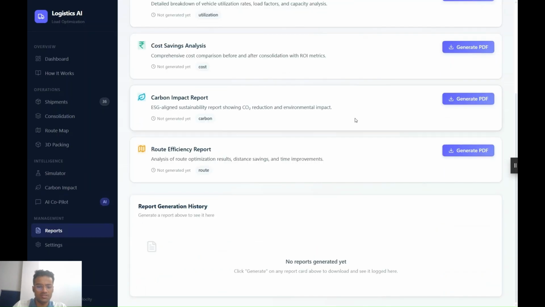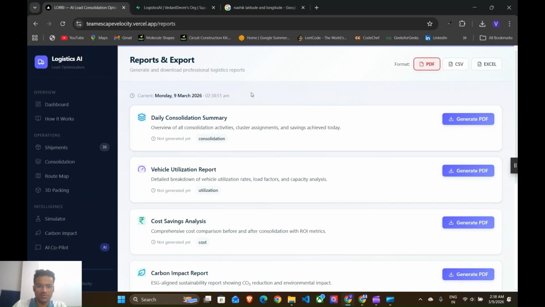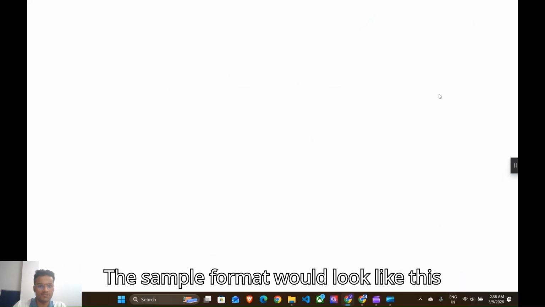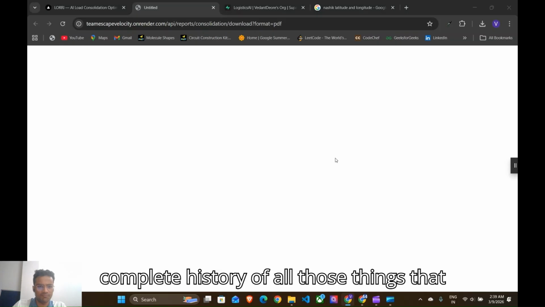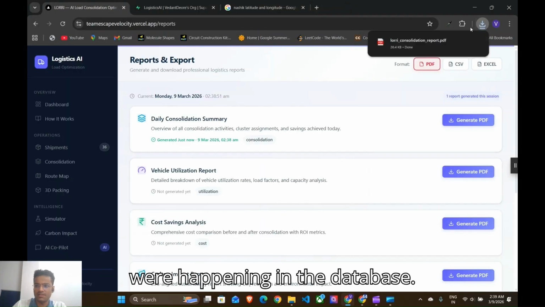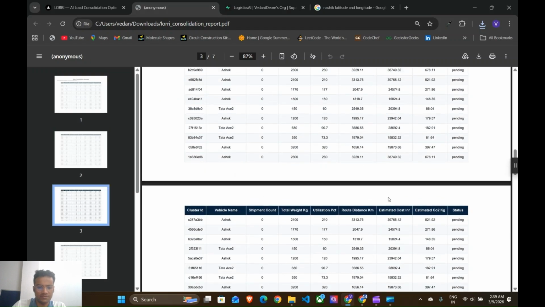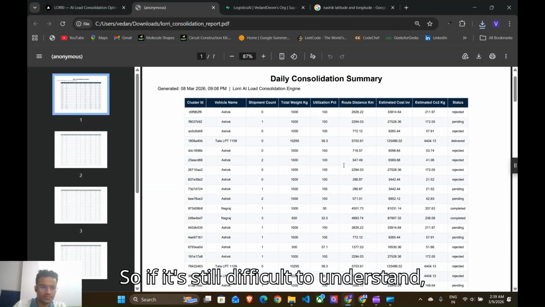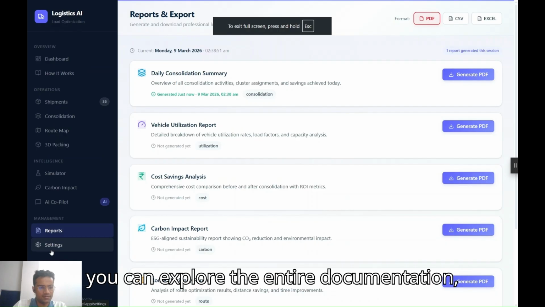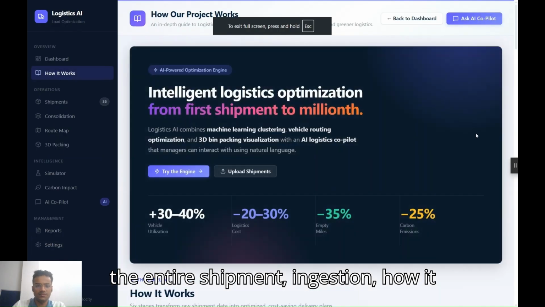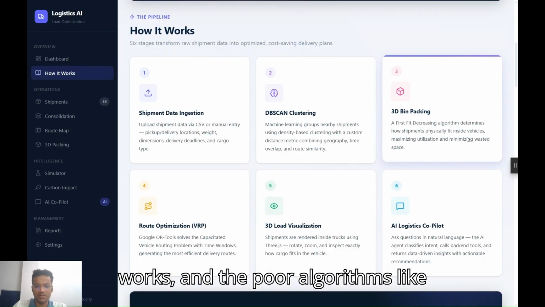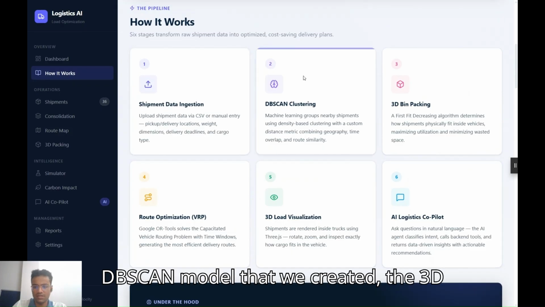Finally, you can download or generate any reports. A sample format would look like this: a complete history of all those things that were happening in the database. So if it's still difficult to understand, you can explore the entire documentation, the entire shipment engine, how it works,